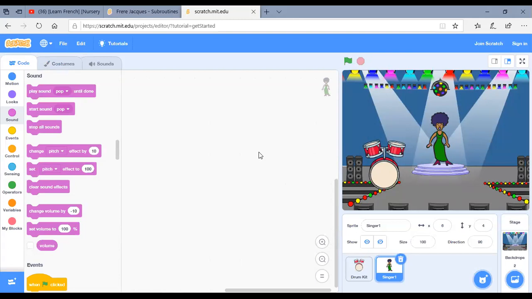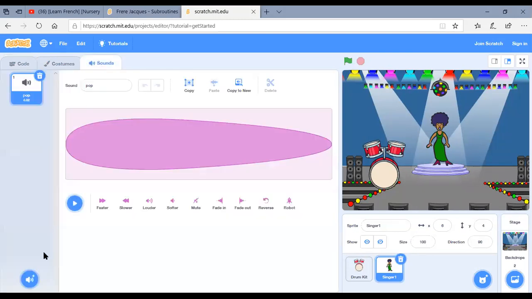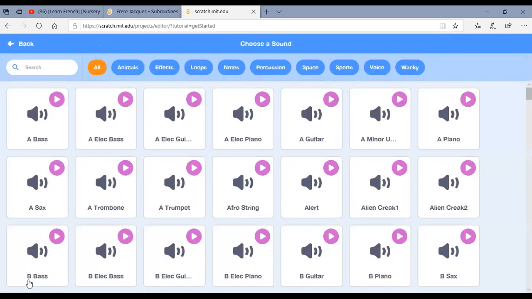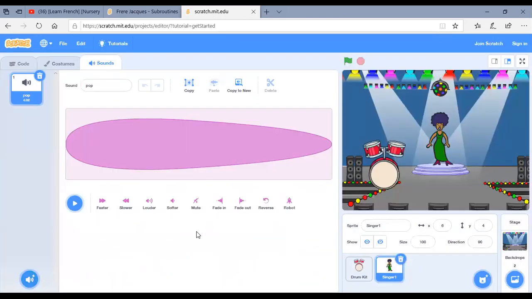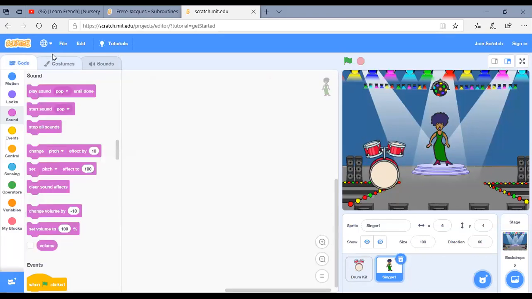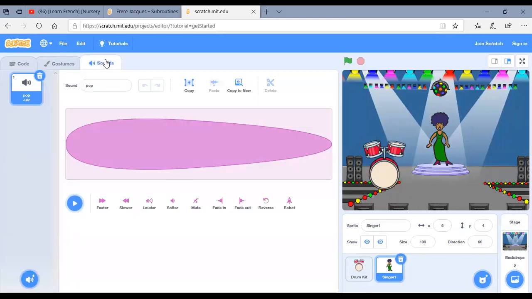How to do that: you make sure that you click on the sprite, you go to sound, and you click on the choose a sound icon.